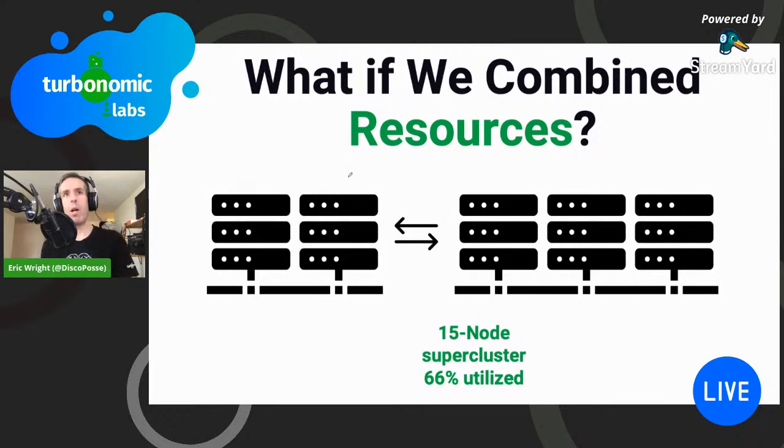Because what happens if all of a sudden in that 6 and 9, 2 separate clusters, your 6 node cluster suddenly goes to 80% utilization on a consistent basis, and it peaks a bunch of times a day? Well, there's nowhere for it to go. However, if you actually allowed for this bidirectional sharing of resources, now what you're doing, and thank you to VMware for getting caught up, and they actually for quite a long time now, for at least a couple major releases, they've had